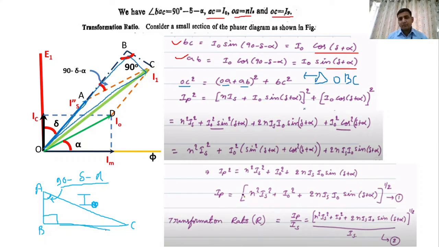For the triangle OBC, we have OC as the hypotenuse, when OB and BC are the base and height of our particular triangle, where OB can be further divided into OA and AB, adding together, and then BC, this whole squared. Now put in the values as we discussed previously. OA is represented as N Is dash from there.